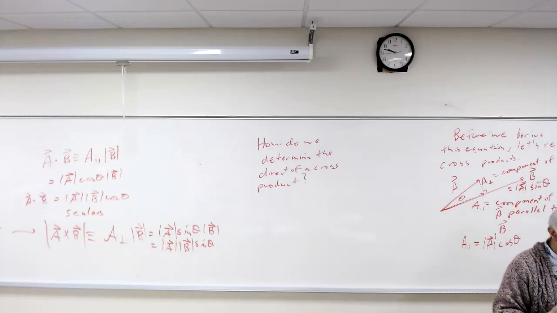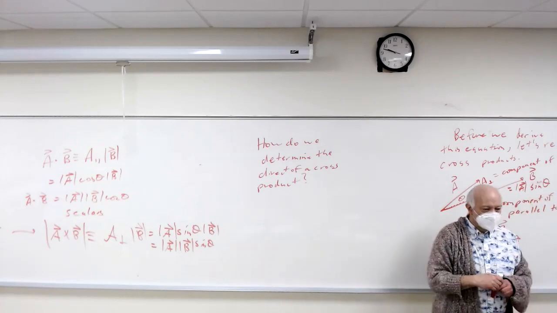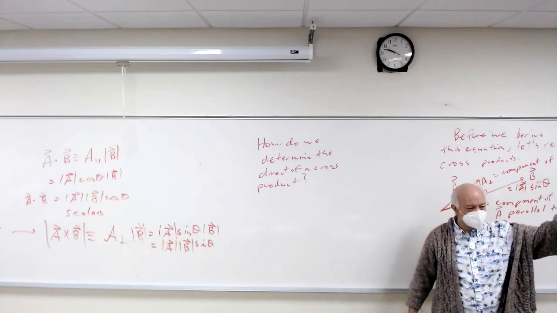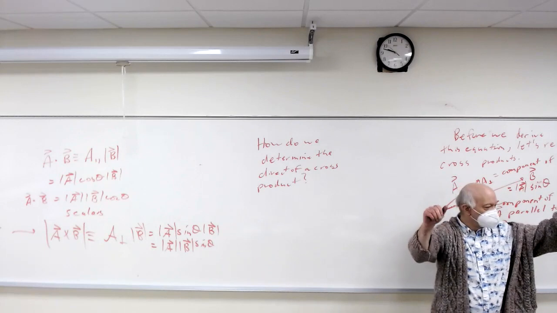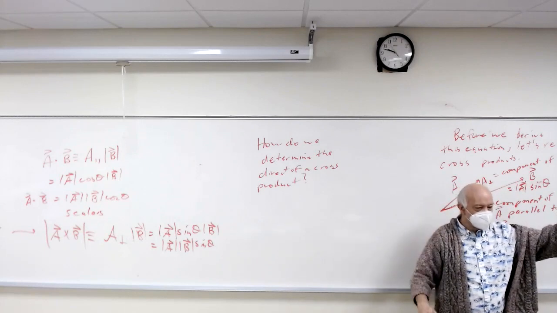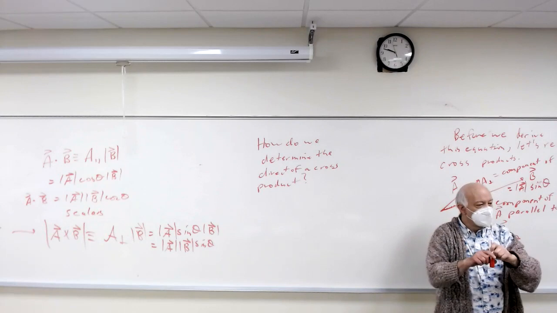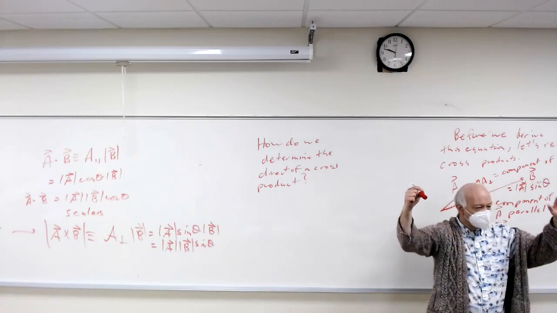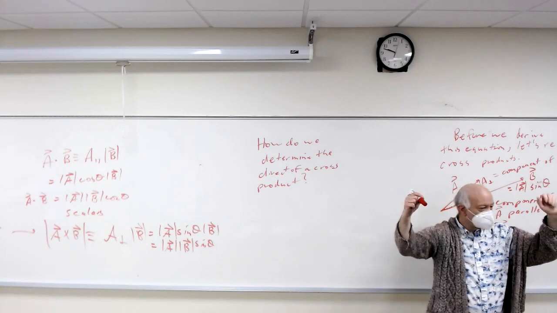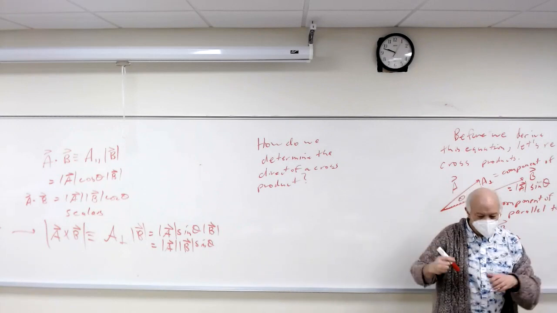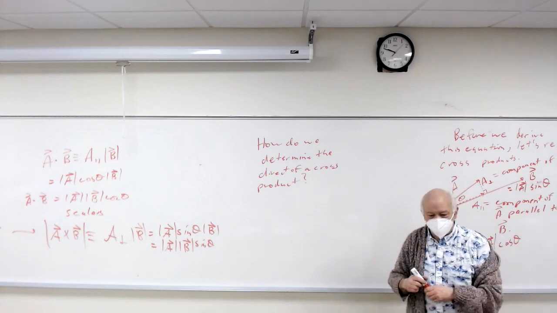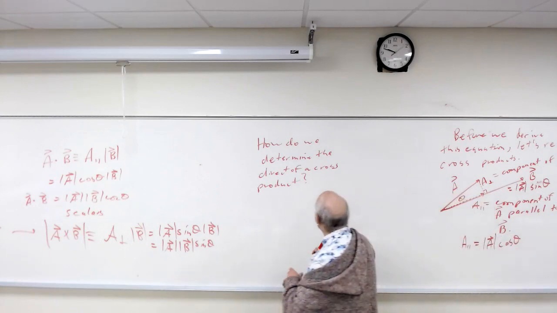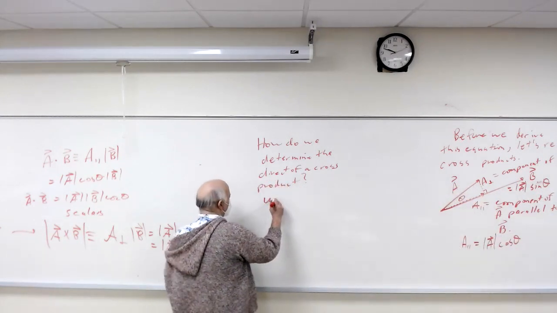This is one of the few times in life where a lefty has an advantage. Remember why? On a test, if you're a lefty, your right hand is free, you won't be making a mistake. If you're right-handed, it's very easy to do what? On a test, your right hand is occupied, your left hand is free, and you're going to be using your left hand without thinking about it. So lefties rejoice. That's one of the few times you get an advantage. Okay. So we use the right-hand rule.